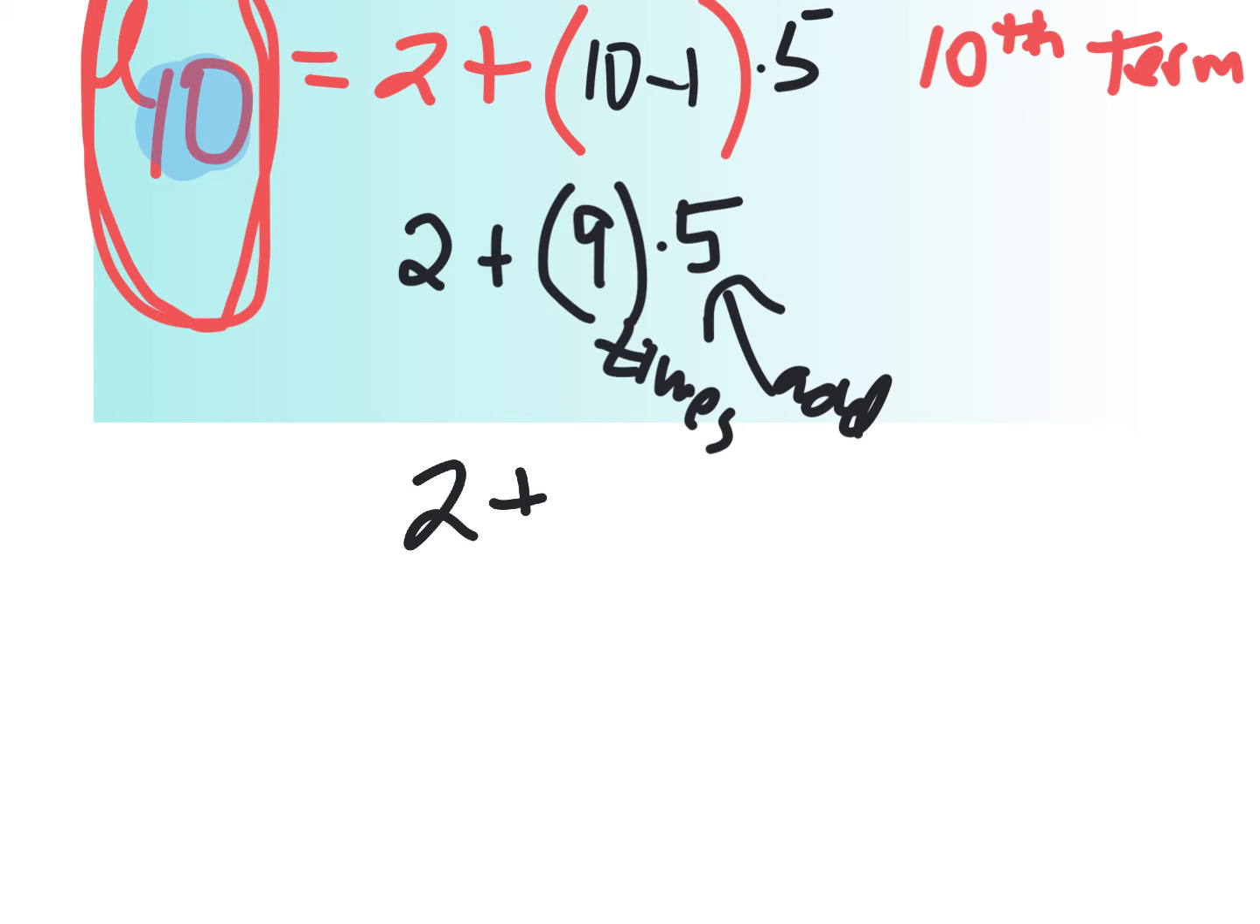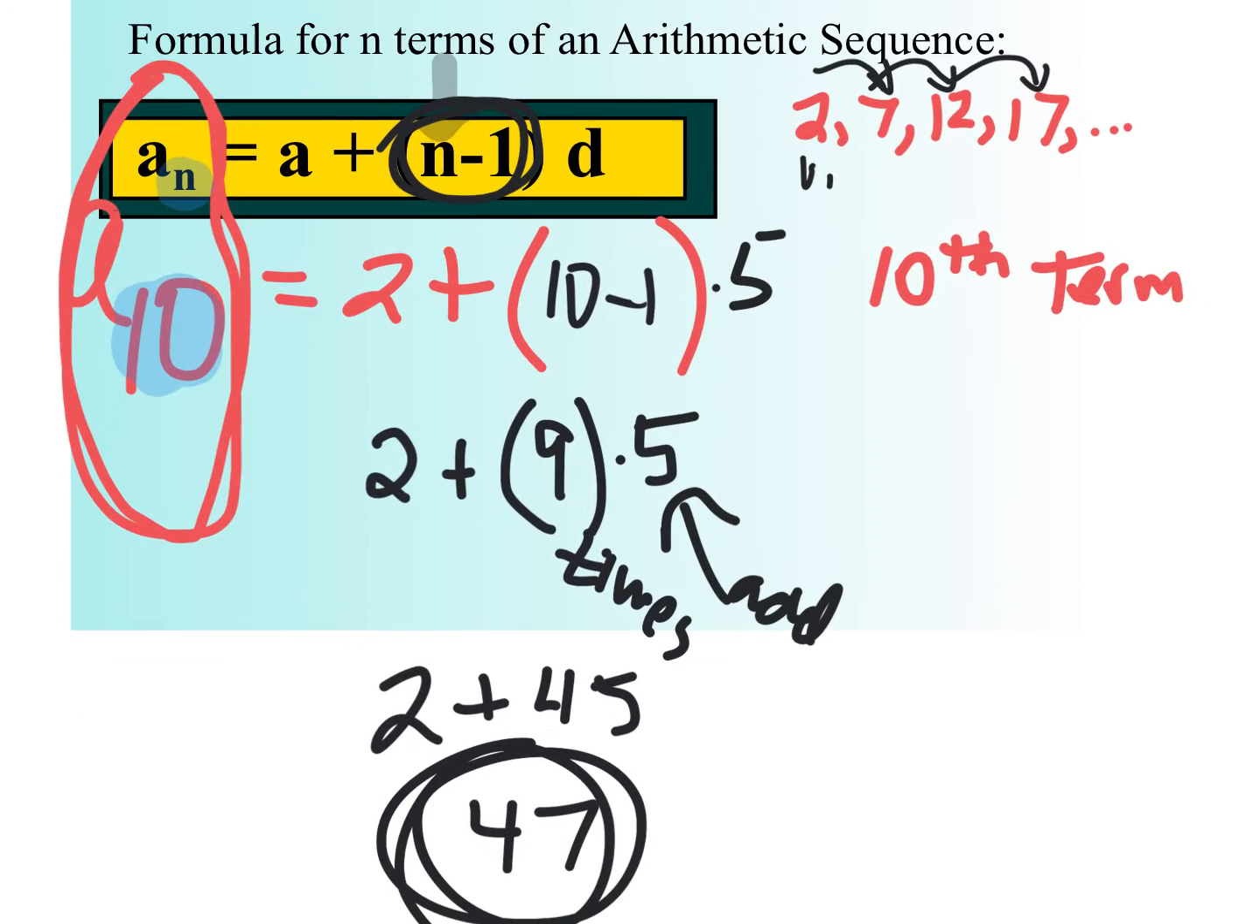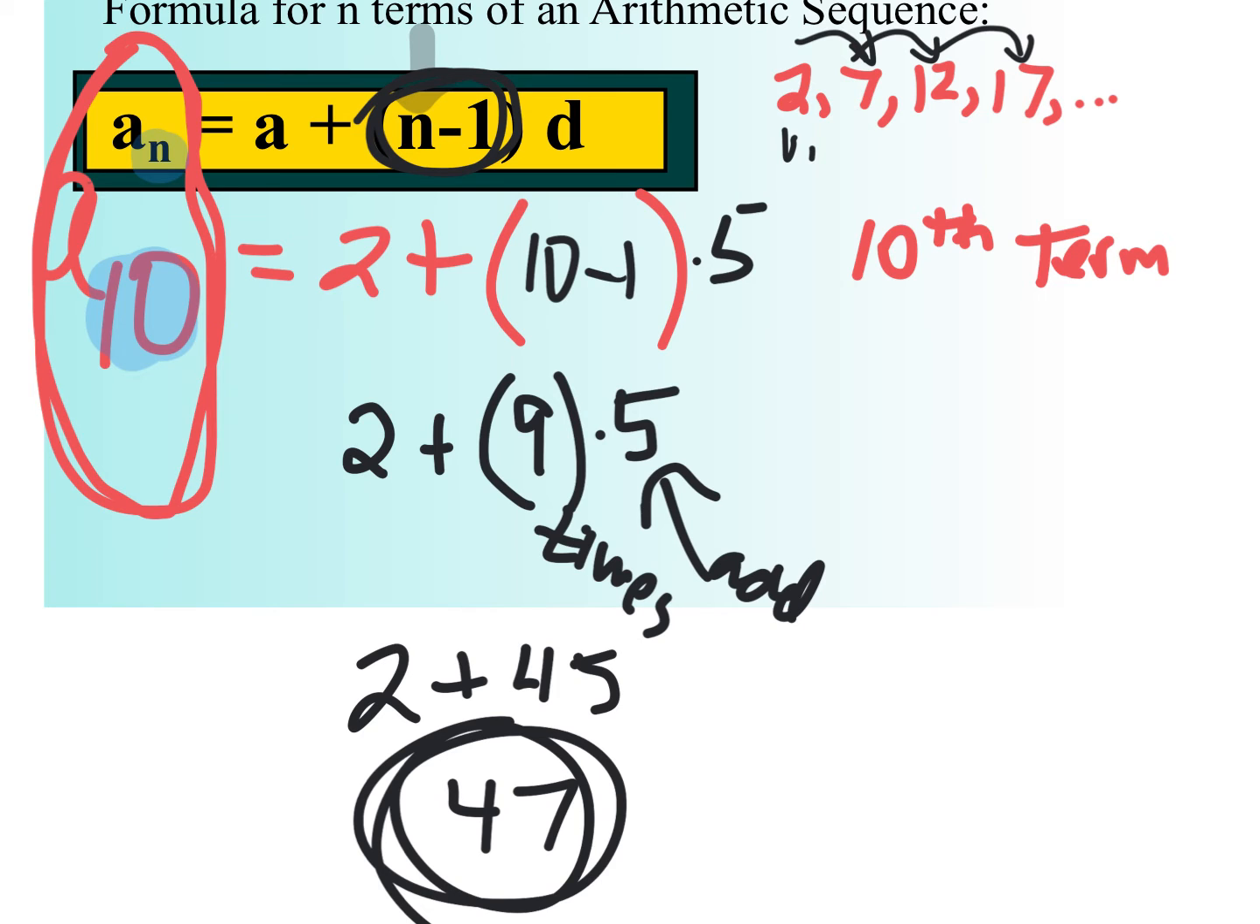2 plus 9 times 5 is 45, 47. What did I just figure out? What is 47? It's the 10th term. Make sense? All right, now, having given you this formula, I should be able to just say